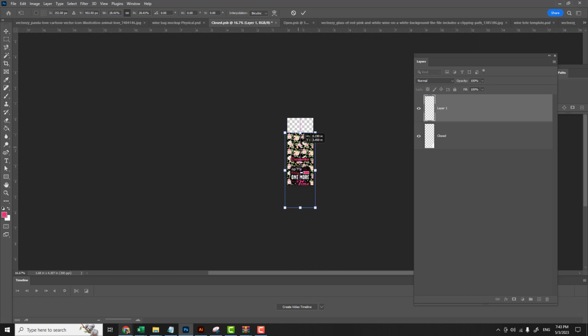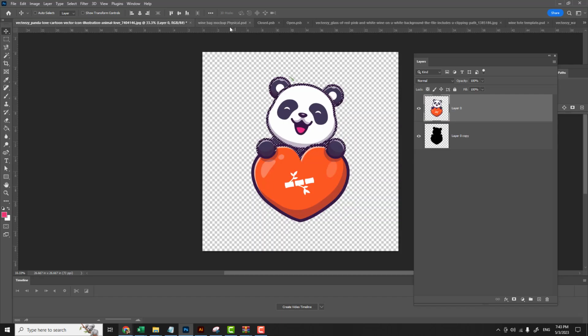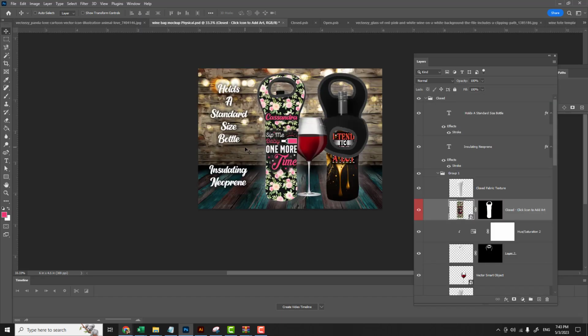We're going to pop it in there. Okay, so still big. Take it down a bit more. Okay, that should be good. So hit enter, and now we're going to hit Control S to save the smart object. When we go back to our mockup file, whoops, that's not our mockup file. Okay, so that's how it's going to look on the wine bag. I think it looks a little bit too big. I'm going to go back into our design file